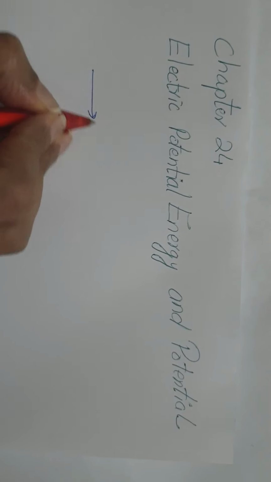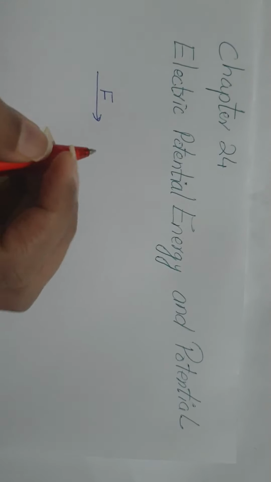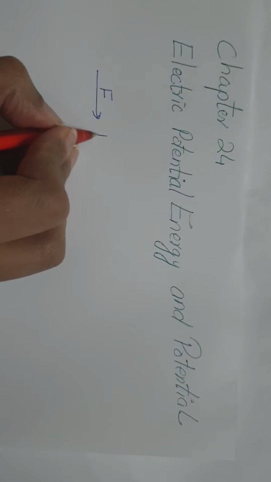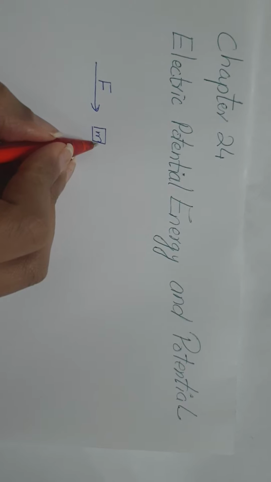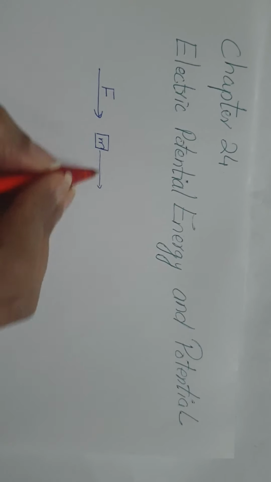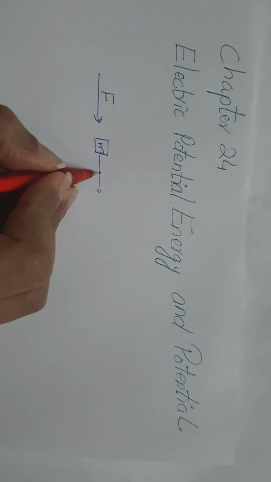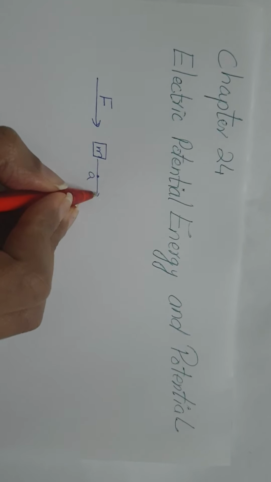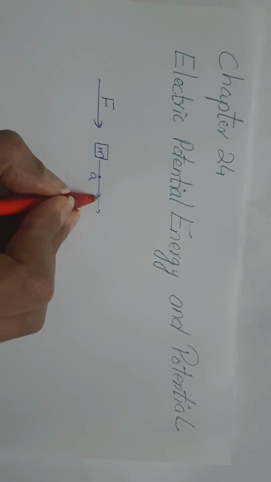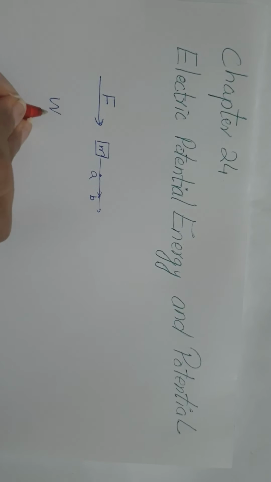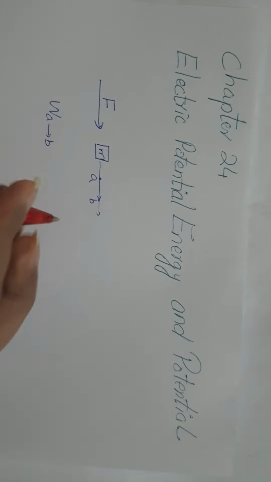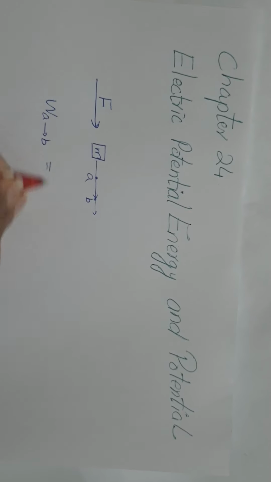and work. So when a force F acts on a particle or a body of mass m, and that body moves under the influence of the force from point A to point B, the work done by the force is equal to